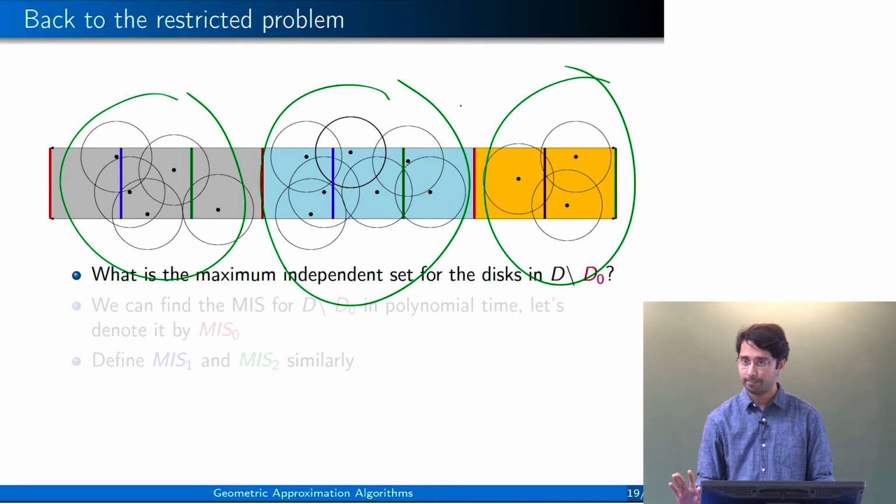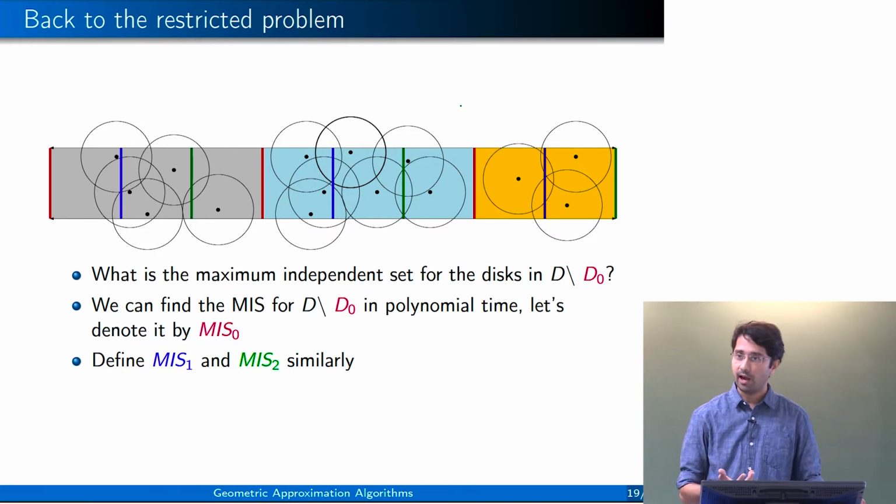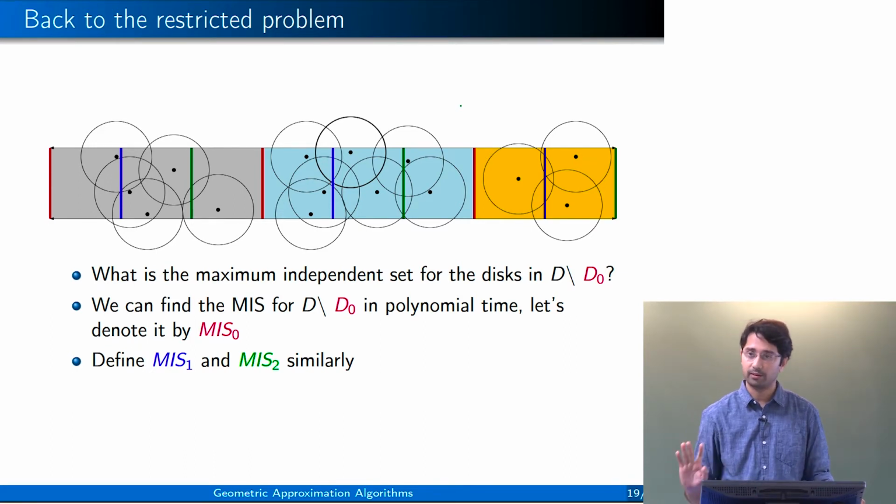Okay. And what I am denoting this as is MIS 0. Deleting the red disks, finding a maximum independent set, the solution is MIS 0. Similarly, I can find out MIS 1 and MIS 2. What is MIS 1? I will delete all blue disks, find the maximum independent set. What is MIS 2? Deleting all green disks and finding the maximum independent set. And my algorithm is very simple. I will report the maximum of these 3 sets. That is my algorithm,